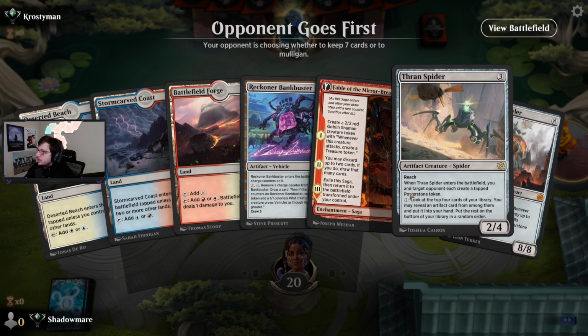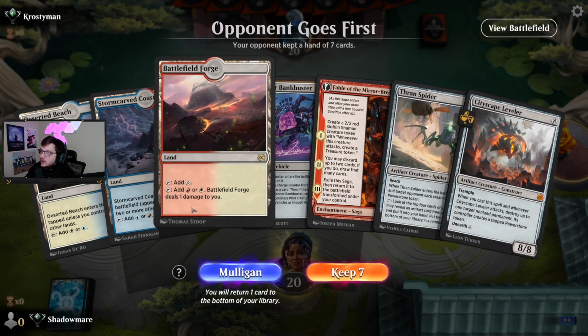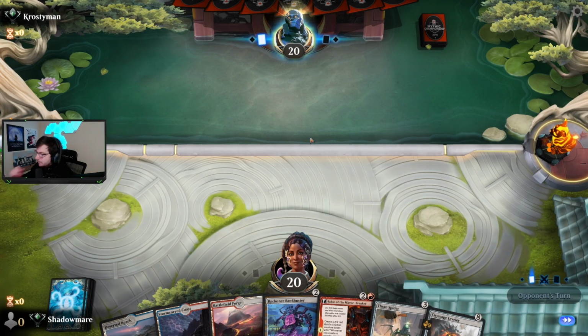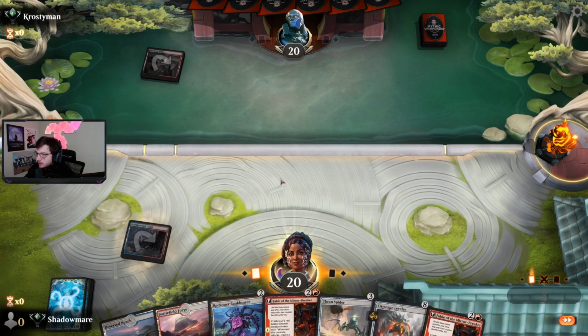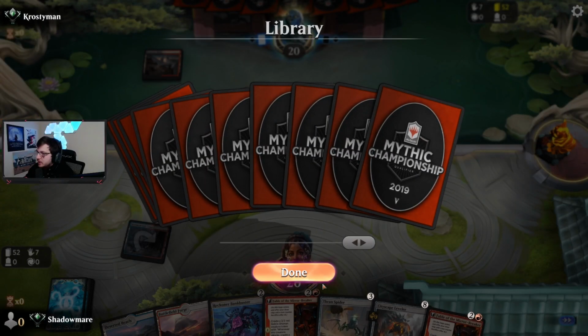We have turn 2, turn 3, turn whatever that could be. Lands, tap, untap. We'll call it. We'll keep it. Why not? Mythic Championship. Oh, and they're playing Grixis. If they have the Mythic Championship sleeves,